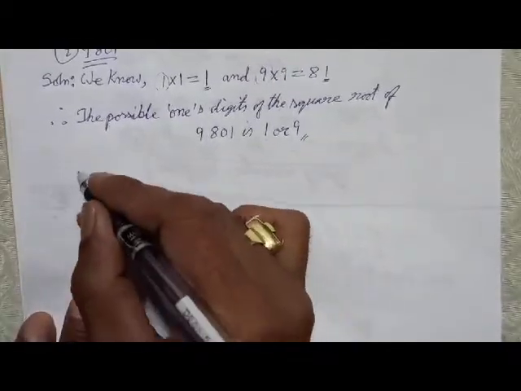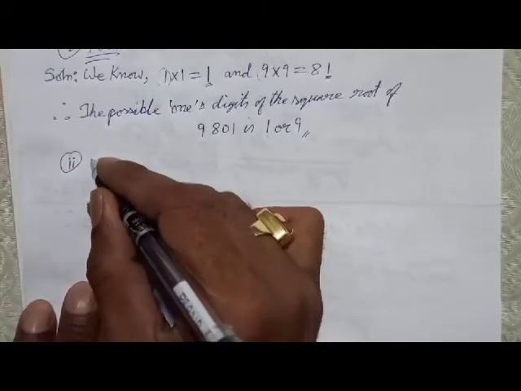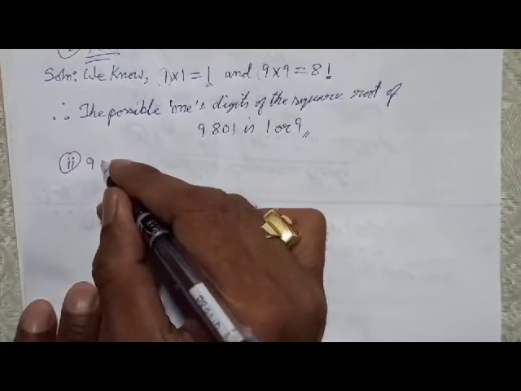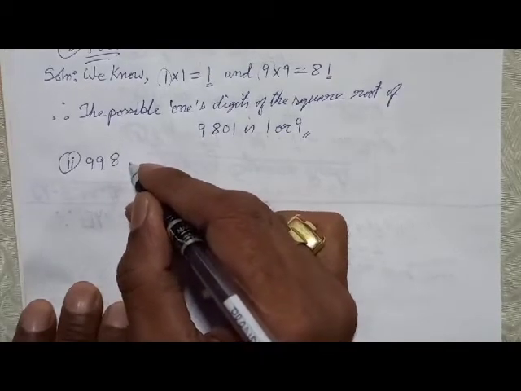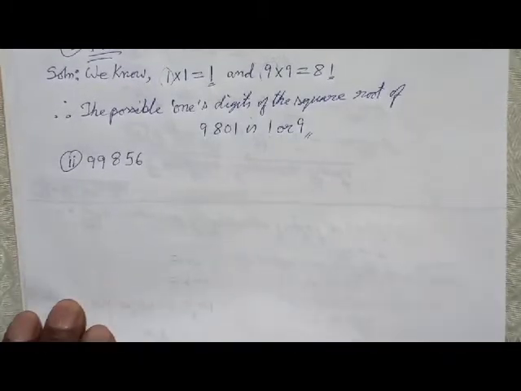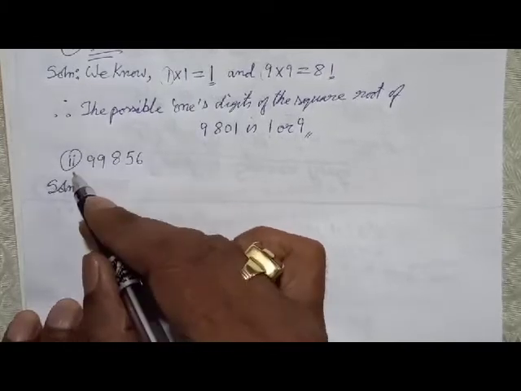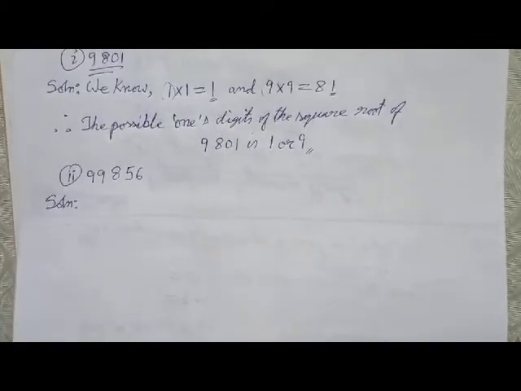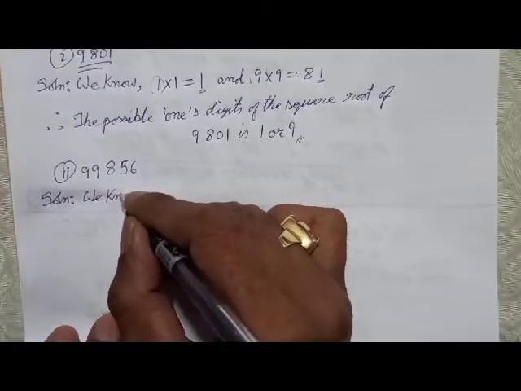Now Roman number 2. 99,856. Now let's try to solve this. Solution. This Roman number 2 is also same as Roman number 1. We know